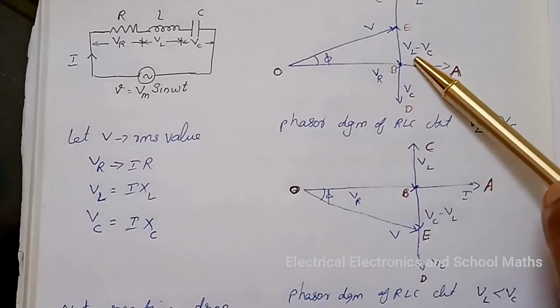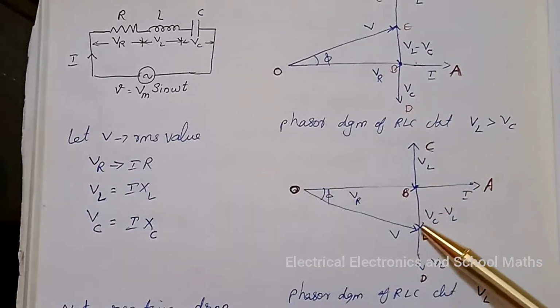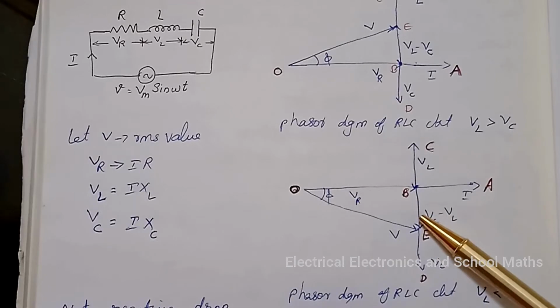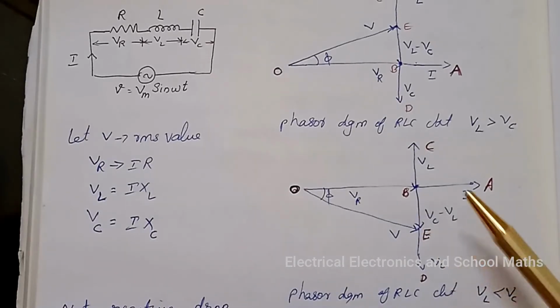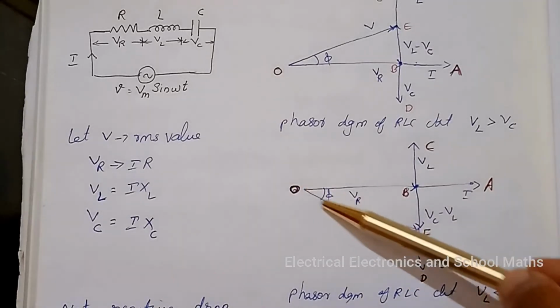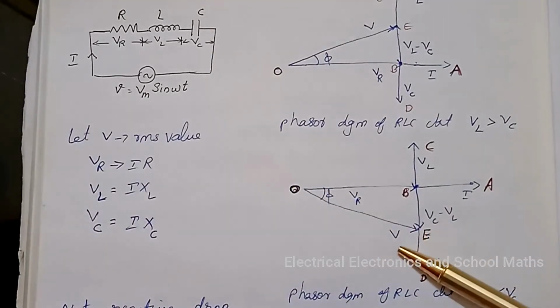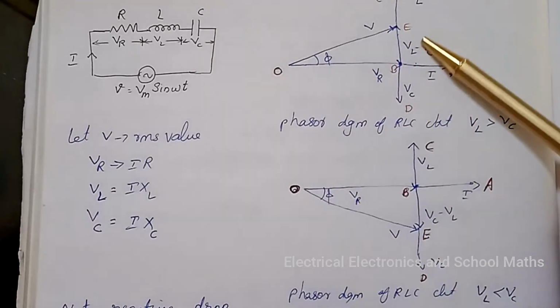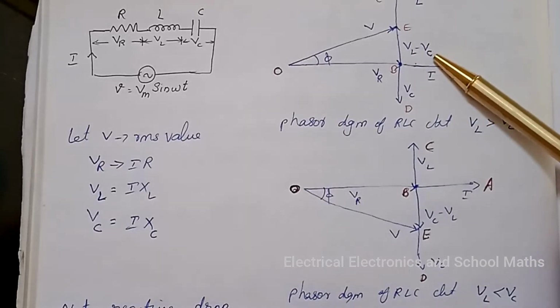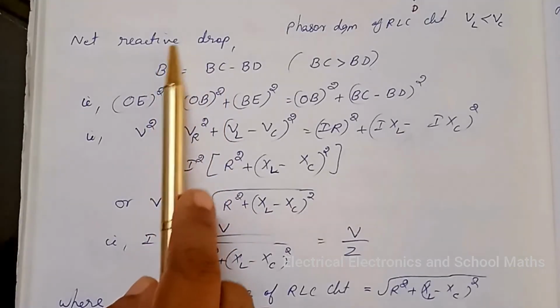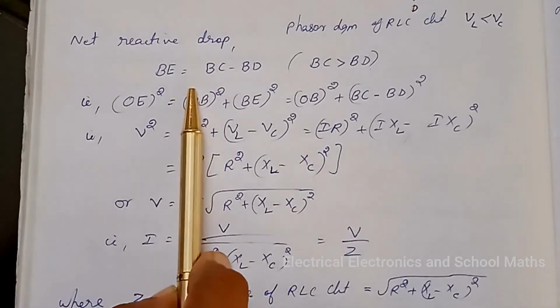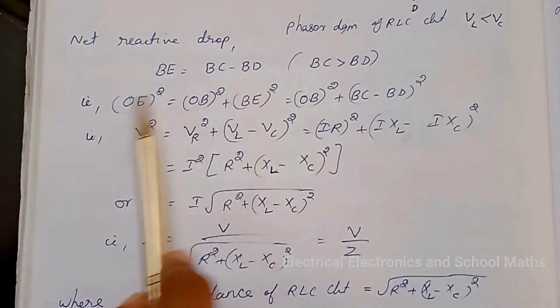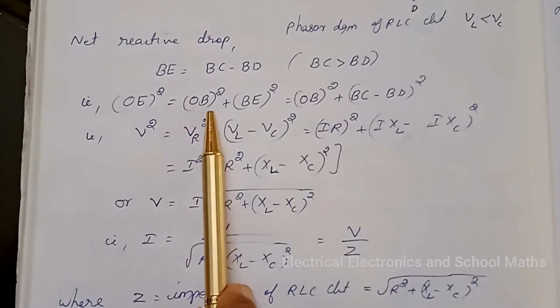If we assume VL is greater than VC, this is the phasor diagram of the series RLC circuit. If we assume VL is less than VC, then the resultant applied voltage will be this one. So BE is the net reactive drop, that is VL minus VC is known as the net reactive drop. That is net reactive drop BE equal to BC minus BD, that is OE square equal to OB square plus